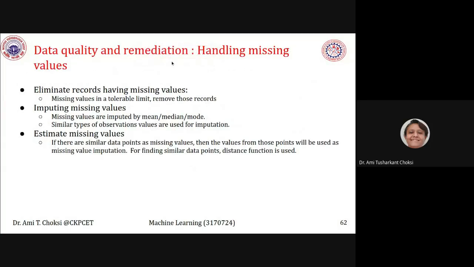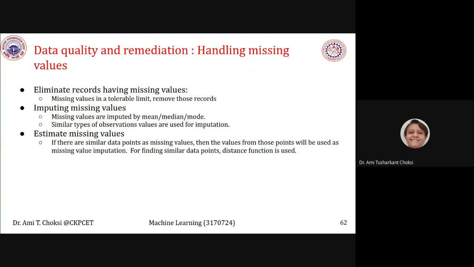Data quality and remediation for handling missing values. For them, what do we say is, eliminate records having missing values. Missing values in a tolerable limit, then remove those records. Fine. Imputing missing values. Missing values are imputed by mean, median, or mode, or similar types of observations.